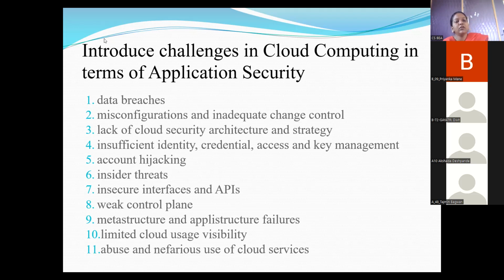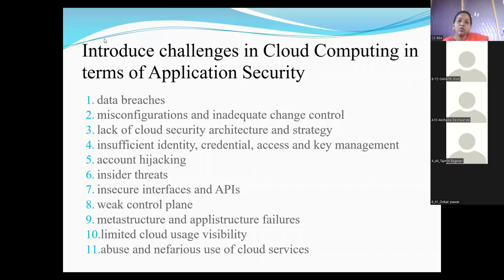A responsibility of both the CSP, that is the cloud service providers, and their customers. Data breaches remained the top cloud security threat, yet again this year in CSA's reports. So the number of data breaches have been attributed to the cloud over the past years, one of the most notable being Capital One's cloud